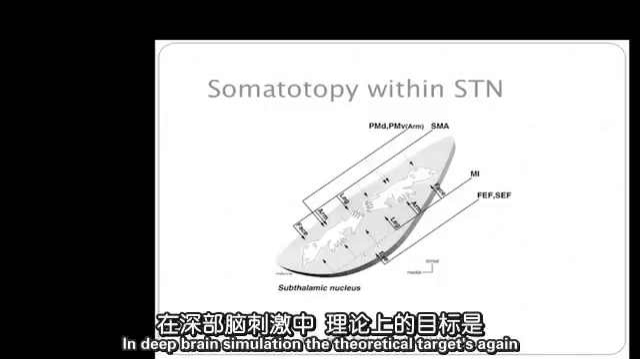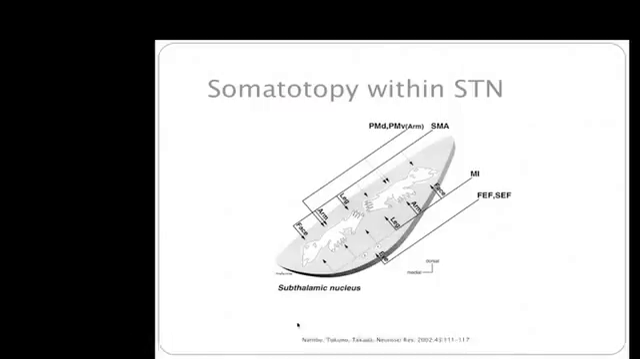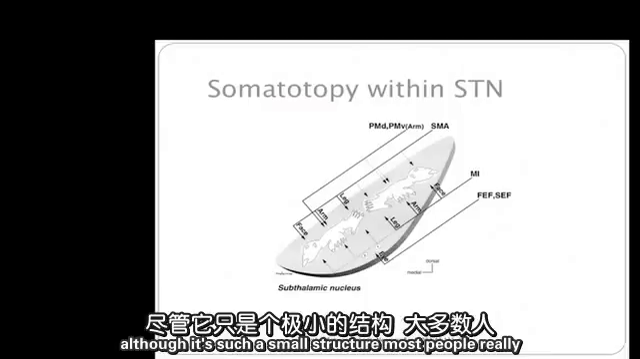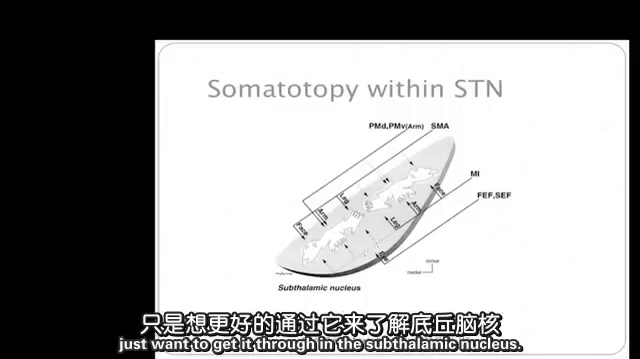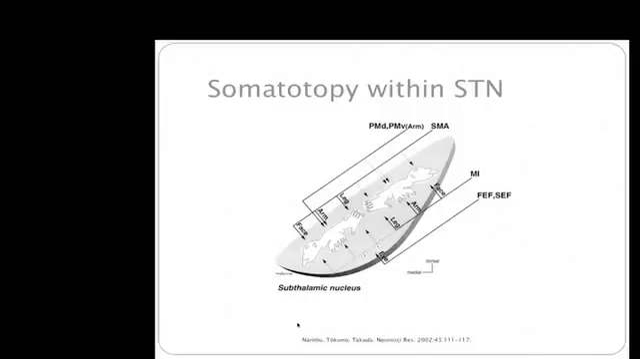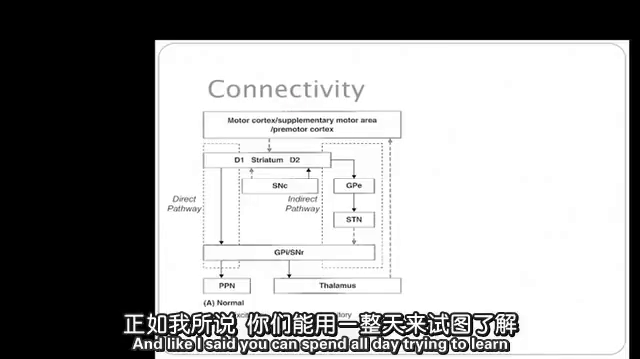In deep brain stimulation, the theoretical target is to get into the dorsolateral aspect of the subthalamic nucleus, although it's such a small structure, I think most people really just want to get it through the subthalamic nucleus. Okay, so that's all the structures, and like I said, you can spend all day trying to learn all the structures,